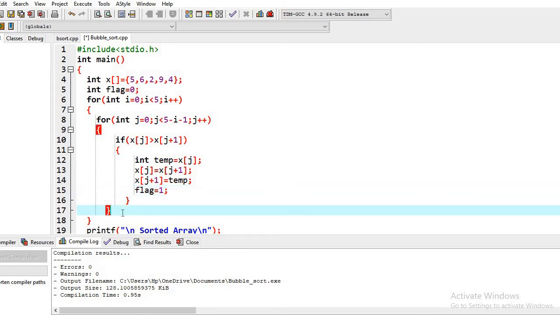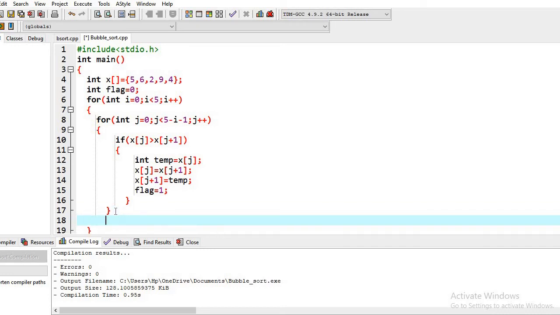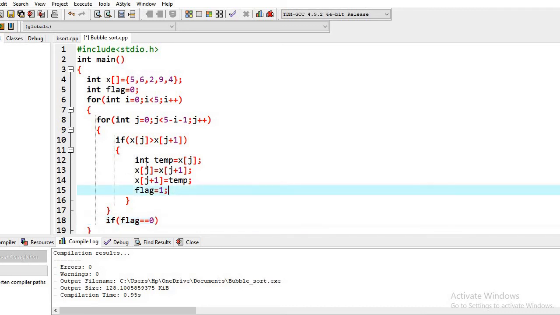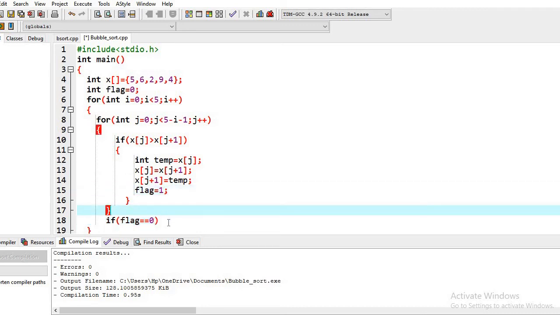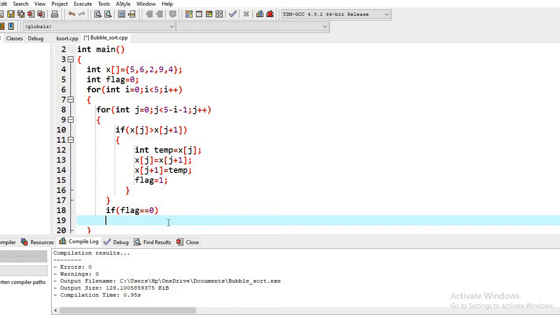So after this j loop, we'll put a condition like this: if flag, our flag variable, is equal to 0. What does it mean? If flag is equal to 0, it means no swapping has taken place, because flag is not set to 1, and the array is already sorted.